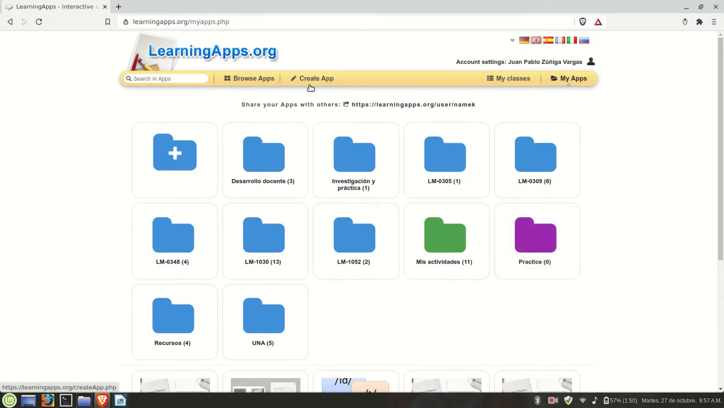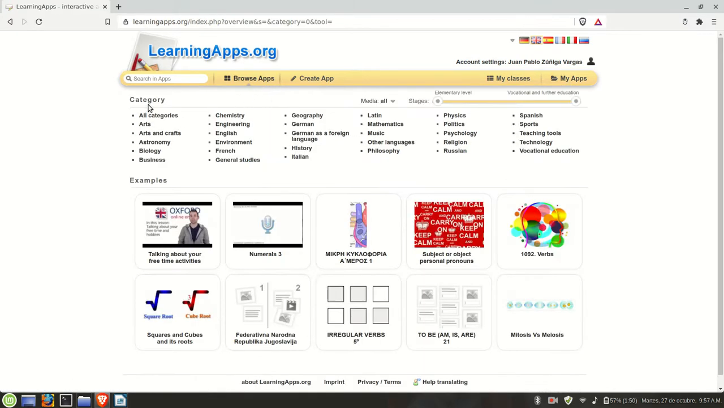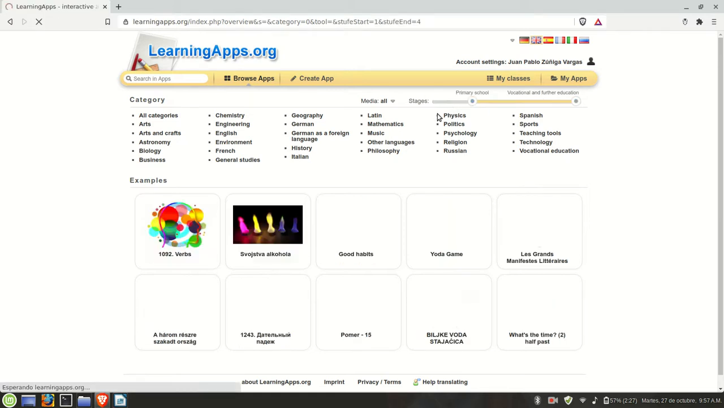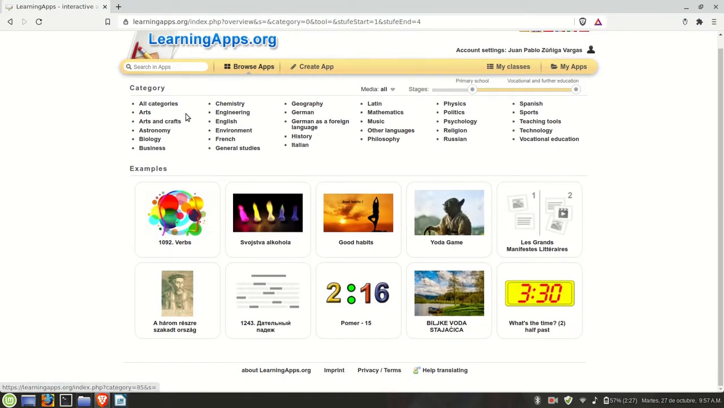Then I need to create an app. But first, let's look at Browse Apps. Here you can browse existing apps according to different categories, and you can also select the level. See, primary, secondary, high school, vocational, further education. And of course, choose the subjects or use keywords and find existing apps. You can borrow these apps and they will be saved to My Apps as a link. But right now we're going to be creating original apps. So you go to create app